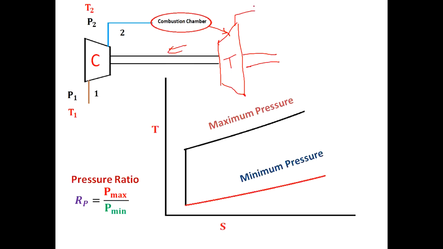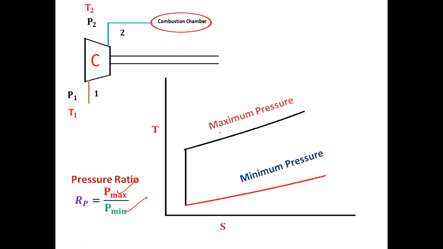The exhaust of the fluid from turbine one will be very hot, around 500 Kelvin. To utilize this energy, we are going to put in another combustion chamber, that is combustion chamber 2. We have the pressure ratio,